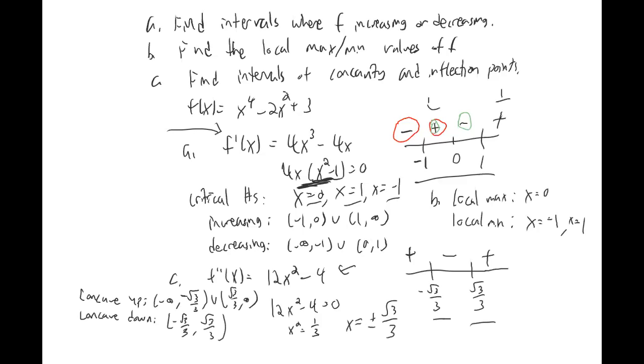So an inflection point is where you change concavity, right? So if you go from concave up to concave down or concave down to concave up. So in this case, is this the case for these 2 points? Do I change from up to down or down to up? Yeah. So my inflection point, this is the annoying thing,